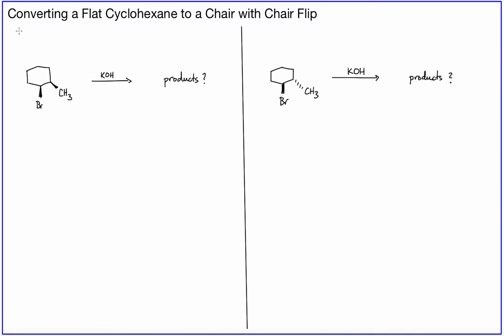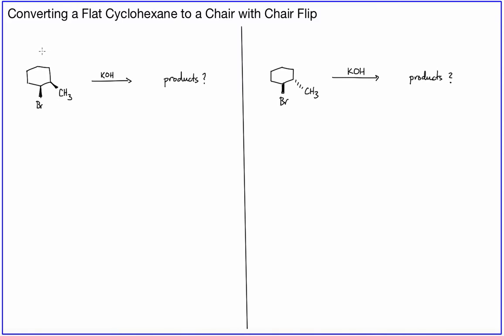In this problem-solving screencast, we're going to look at converting a flat cyclohexane to a chair cyclohexane and doing a chair flip, where we're specifically looking at two diastereomers of 1-bromo-2-methylcyclohexane, where we're treating with potassium hydroxide to do an elimination reaction. In an elimination reaction, we remember that the hydrogen and the leaving group have to be